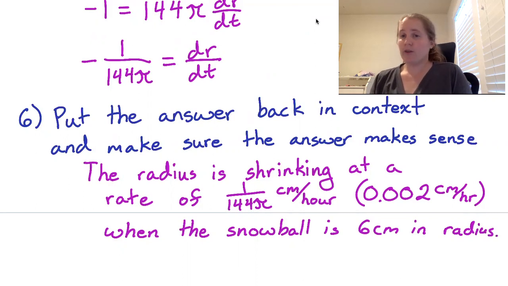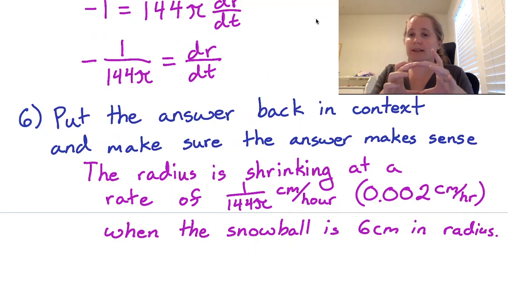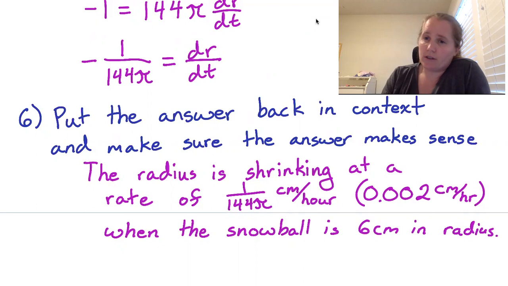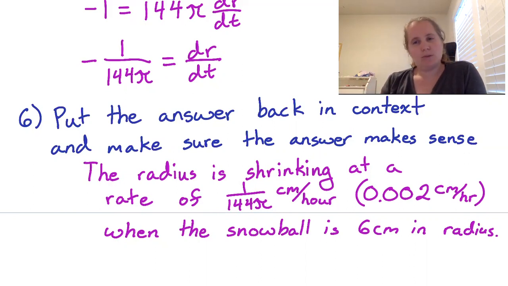So this is a very slow change. If you think about it, if a snowball is 6 centimeters in radius, it's a fairly good sized snowball. And 1 cubic centimeter is going to be just a very little portion of that whole volume. And so the volume itself, even if it's changing by 1 cubic centimeter, the snowball is barely changing at all. So presumably it's still extremely cold out and the snowball is melting very, very slowly. It makes sense that we got a negative since the volume was shrinking, the radius would presumably shrink